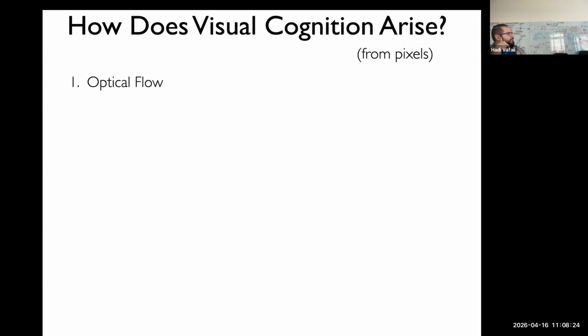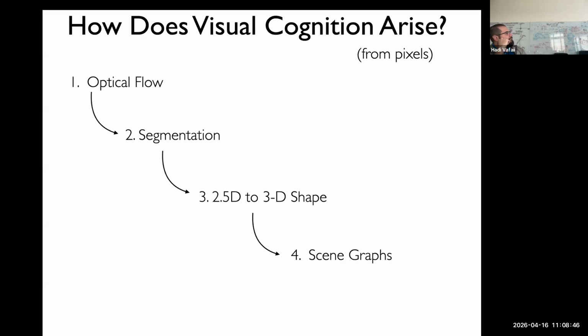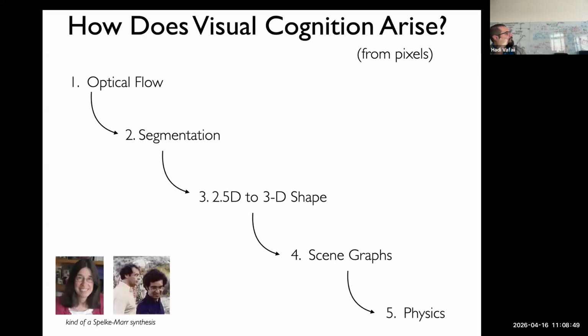And so you might assemble these. My caricature of how some folks think about using these to make a working idea is that you assemble them in some pathway. First, maybe you start with optical flow, and then that allows you to do segmentation, like you learn which things move together. Then somehow you figure out how to lift segments from 2D to 2.5D or 3D shape, from which you can build scene graphs, which allows you to do intuitive physics. So this is a caricature of how you would use visual cognition intermediates to think about how animals learn or do some visual stuff.